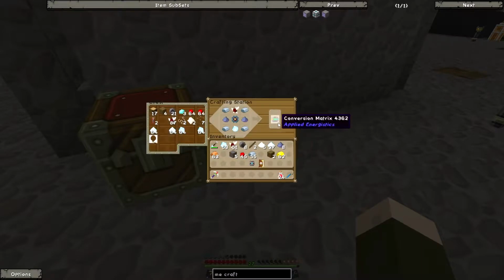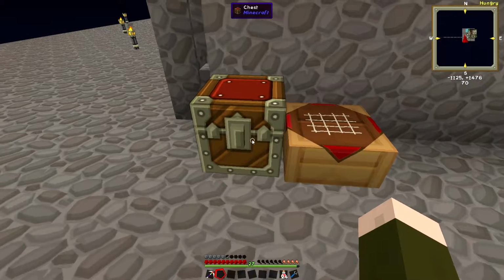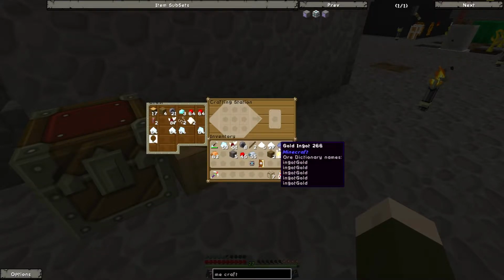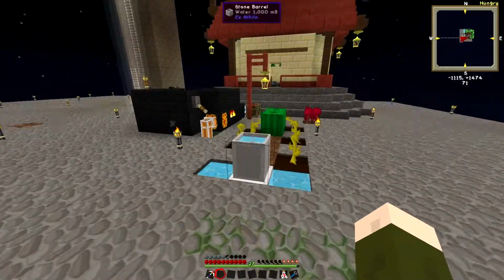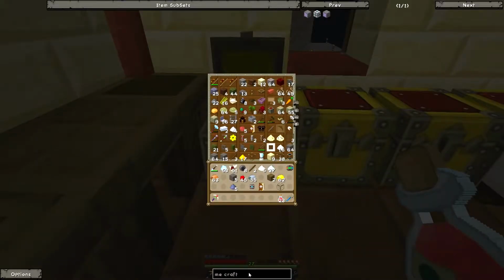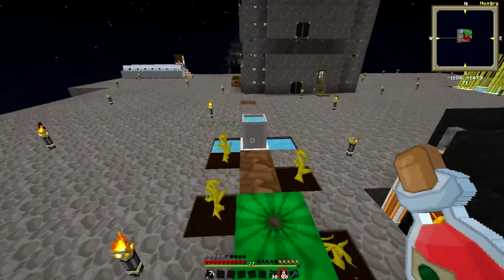So we've got everything for a conversion matrix. We need a ME cable, so we need some glass for that. We've got just about enough glass. I hope it takes this glass. Fairly sure it does. So we need one ME cable. Okay, let's try doing this way. It may not accept this glass, in which case I need to run back and get some more glass. It's not too big an issue. I think I've got about half a stack of it somewhere. I just thought I had some... there we go. Normal glass. Normal Minecraft glass. And let us...